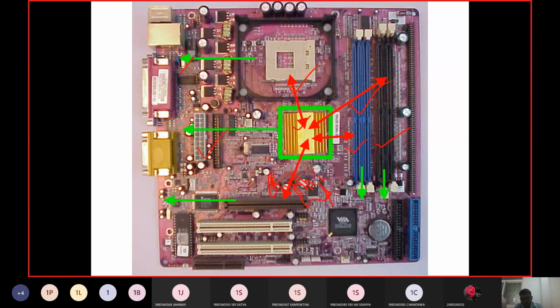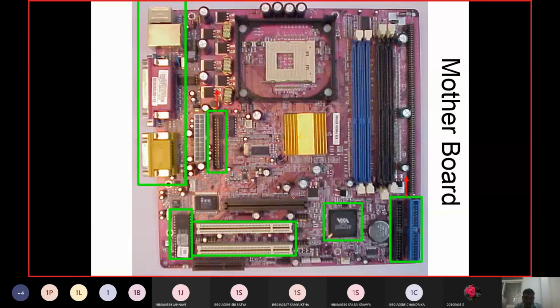So this is the relationship. And then we are going to have the south bridge, and the south bridge is able to connect to the secondary storage devices, the input output ports, the peripheral component interface, the basic input output system, the battery item, etc.